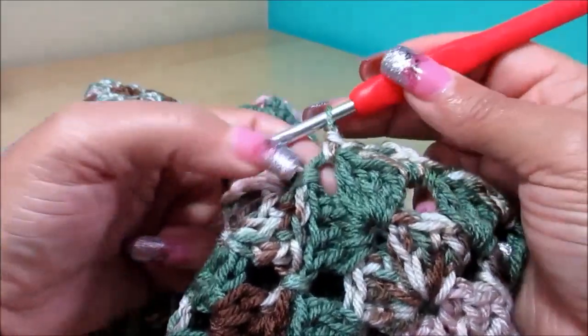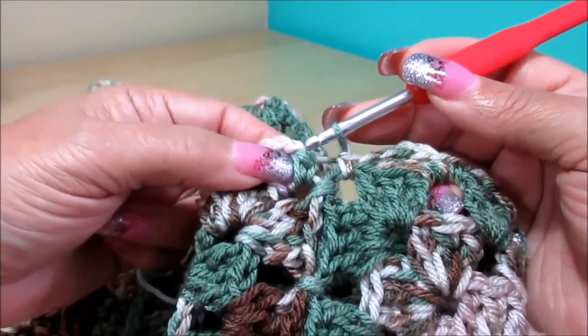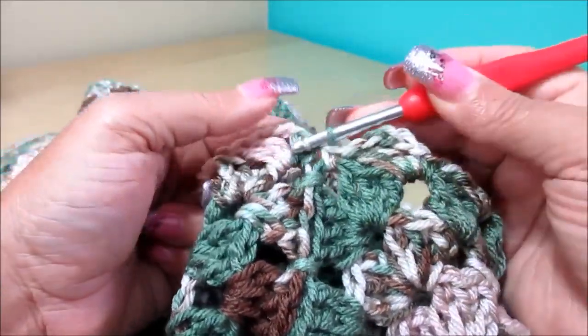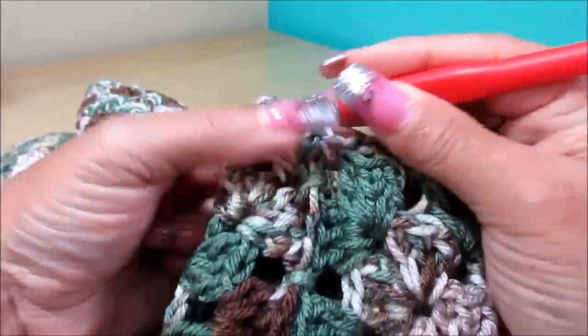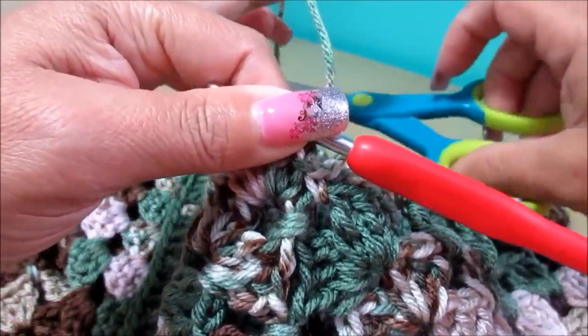Here I'm going to show you how to finish under the arm. So you finish here with your single crochet, and here where you start on the other side. So you're gonna do a slip stitch in the first single crochet and chain 1, cut the yarn and loose the tail